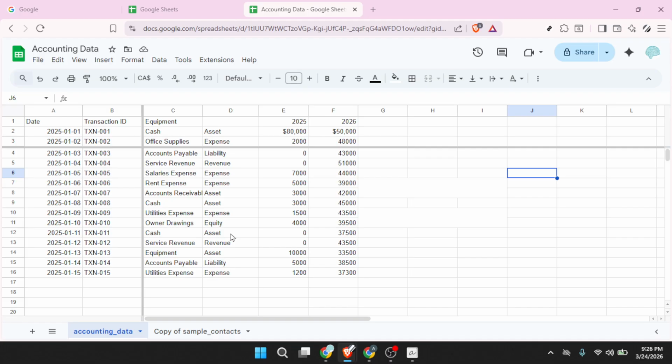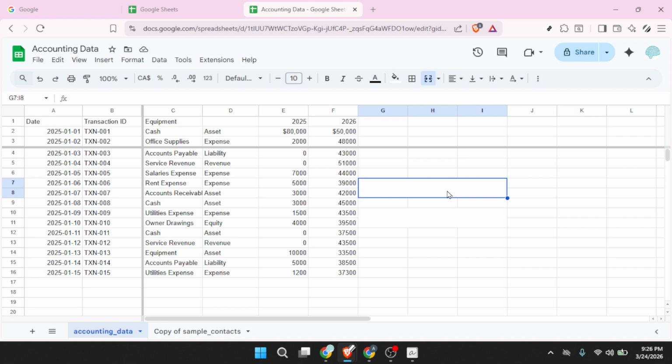Now find the merged cells you want to split. Click and drag to highlight the merged area. If you have several merged regions you want to unmerge at once, you can select a larger range that contains all of them, and Google Sheets will apply the change everywhere in that selection. Take a moment to confirm you're selecting exactly what you intend to unmerge, especially if your sheet has multiple merged